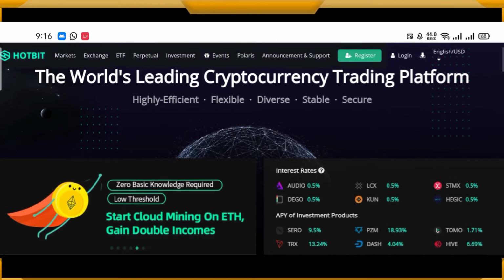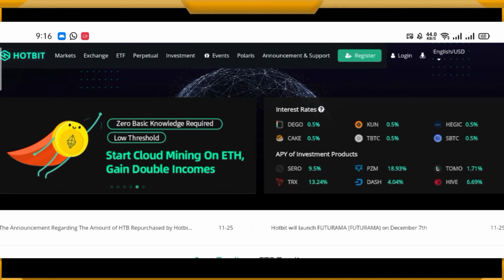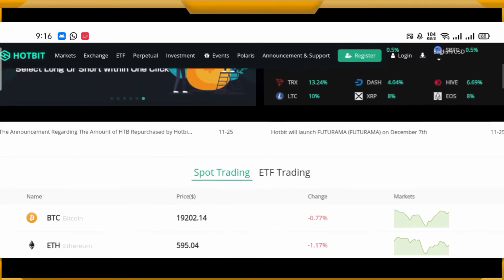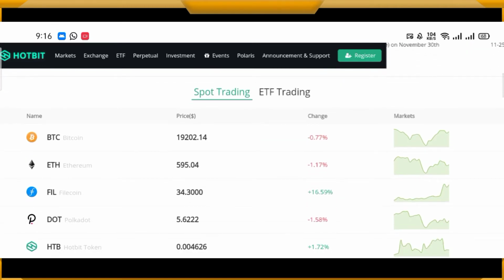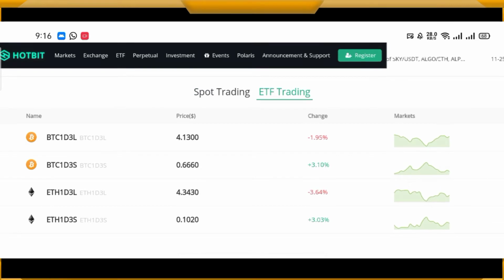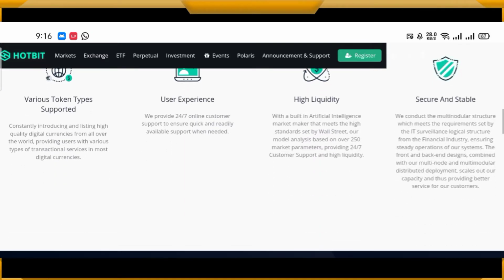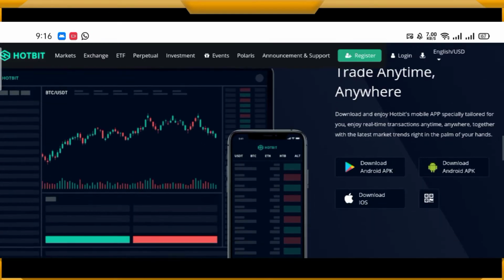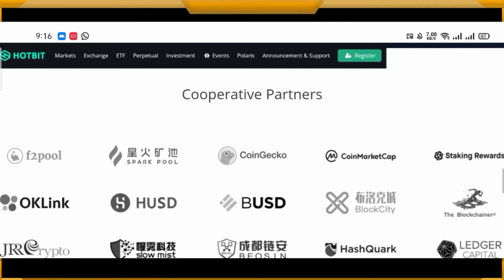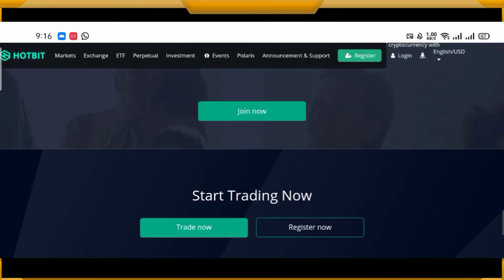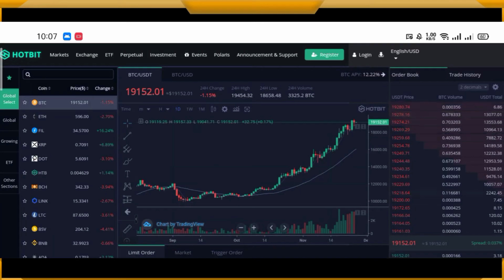Then there are the listing time and events magazine here, and the middle of the main page is decorated with some shortcuts to their investment, spot rate, and the most interesting part of Hotbit, the ETF section. And at the bottom you can see Hotbit's partners and some other important links like the FAQ page, community, contact, etc. So now come to the point. I am going to share some details of the Hotbit exchange.